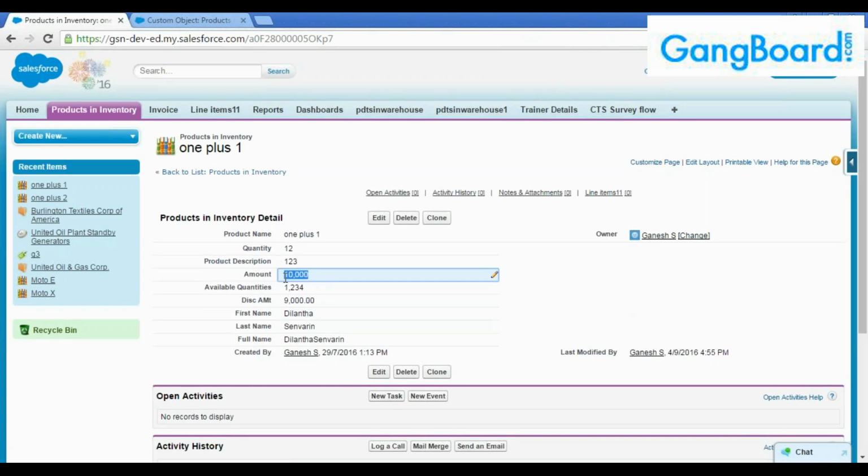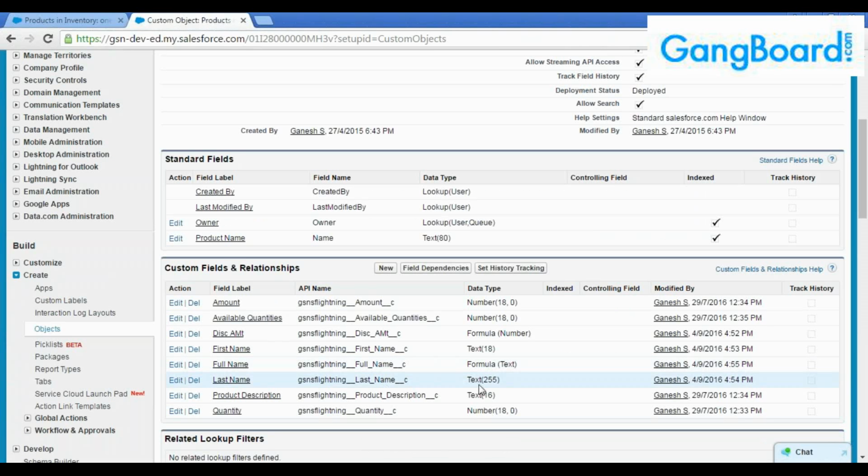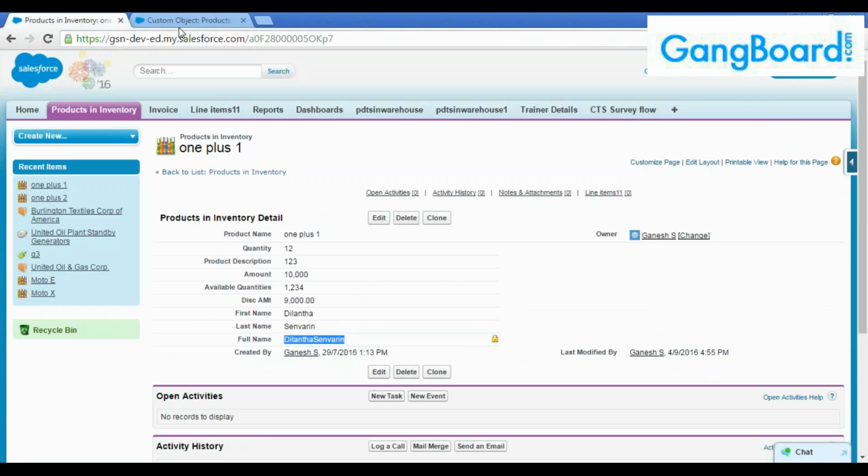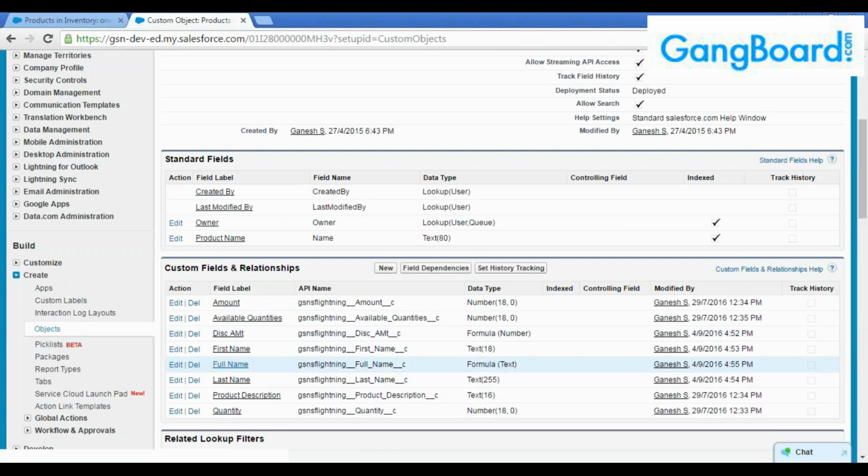For the amount formula field, it is actually a number formula field. This is actually a text formula field, an example for a text formula field. So 10% discount has been calculated, the string has been concatenated and it is provided here. So now if we wish to have a space in between this, we can have it like